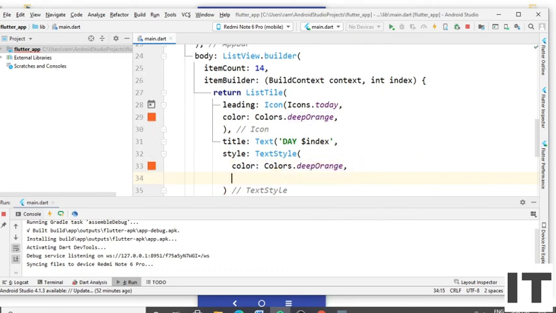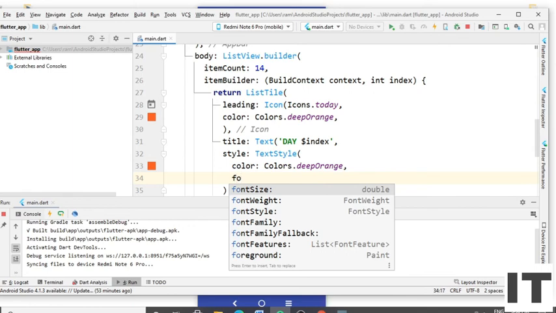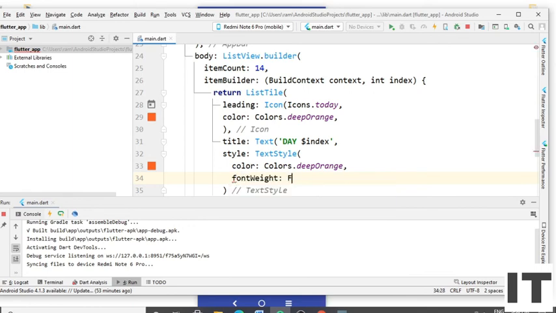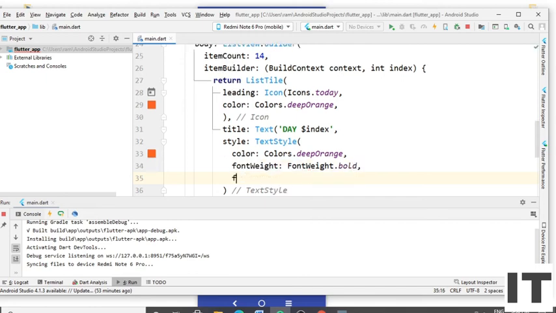Also apply the font weight and the font size. Font weight, again type the fontWeight dot, select the bold, put the comma, type the fontSize, give the 25.0.